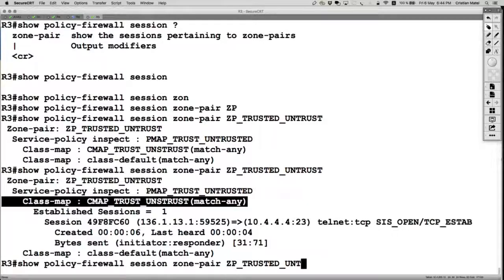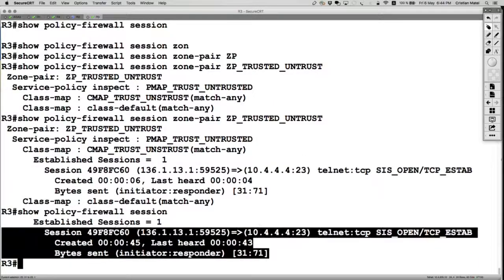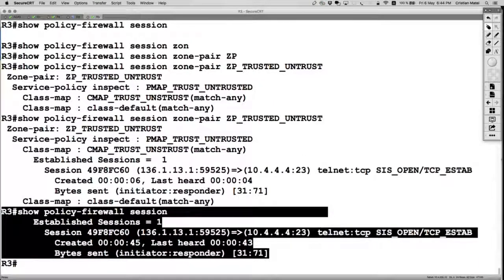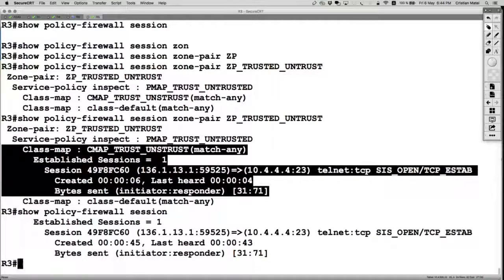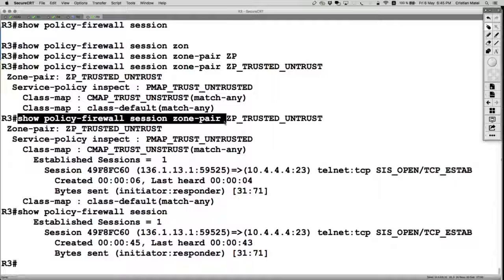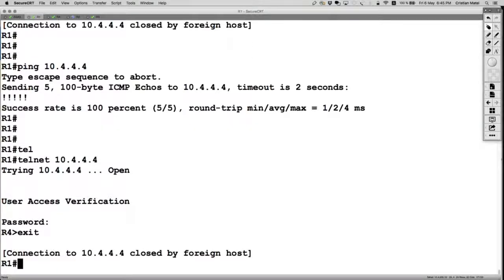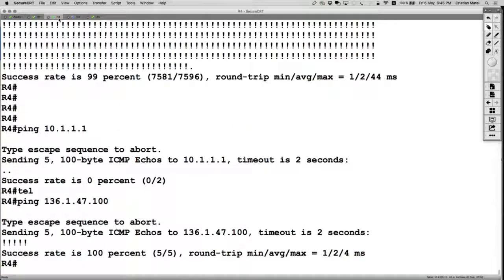If you just say show policy firewall session, you just see the sessions in there, but you don't know on which zone pair that traffic matched and on which of your configured class maps that traffic matched. So show policy firewall session zone pair is a much better configuration verification to use than just show policy firewall session. If we go on router 1, exit, and we SSH,